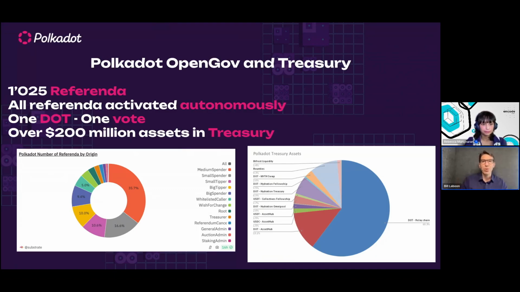And we have an on-chain treasury, which is funded by a portion of transaction fees and the inflation of the network itself, that currently stores over $200 million in assets. And something I think is interesting, and we'll discuss a little bit later, is it's not just DOT in the treasury. And we've given out millions and millions of dollars. I don't have a number off the top of my head in treasury assets. In fact, actually, I do have one number. In the first half of the year, approximately $87 million worth of assets were given out for people looking to build and do things for the benefit of Polkadot.